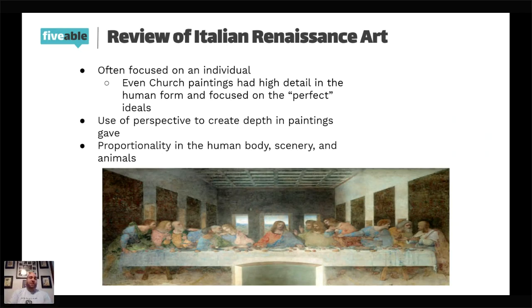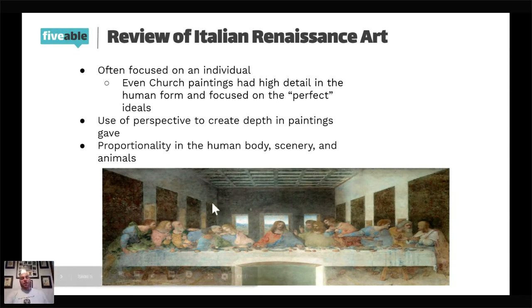Medieval art did not have different faces. They were almost always the same, almost always identical in the expression they would show. And so with Renaissance art, that was new, with that detail to the face and to the body as well. Because again, they're showing these ideals of humanism, secularism, and individualism. And how do we do that? Well, we show the perfect human, the perfect body, the perfect smile, the perfect eyes, all of these things that could show us what we can be if we just work hard enough at it.